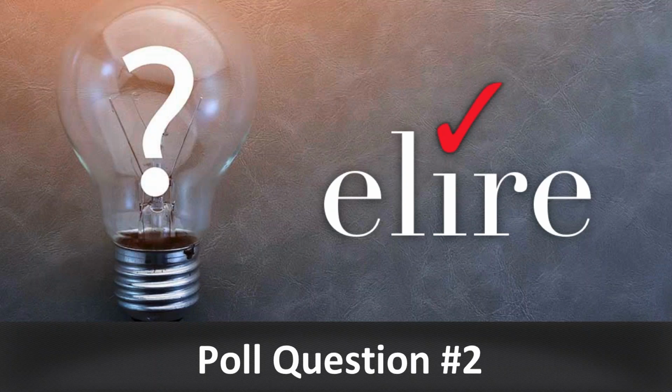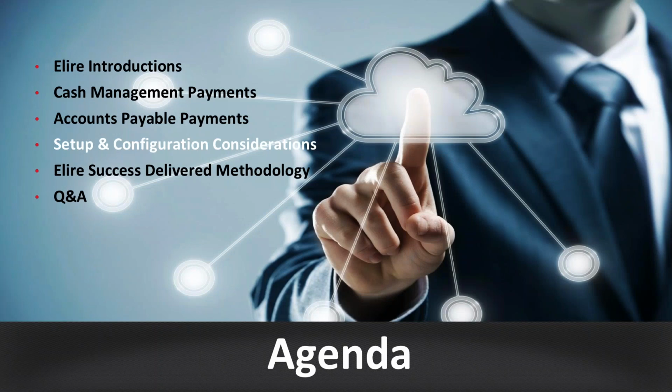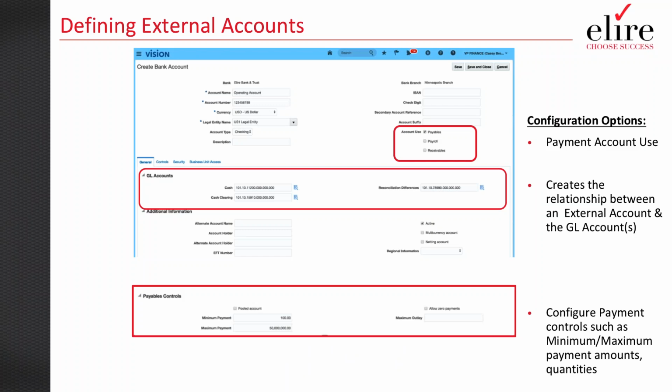So to wrap up the functional portion of today's webinar, we want to talk high level about some of the setup and configuration considerations when we're talking about standing up treasury and cash management as a whole for the first time within the application. First and foremost, we can't do anything as far as payments or forecasting or reconciliation or accounting within the application without doing the core required config, which is all around defining our banks, branches, and our external accounts that we hold outside of our entities' doors.